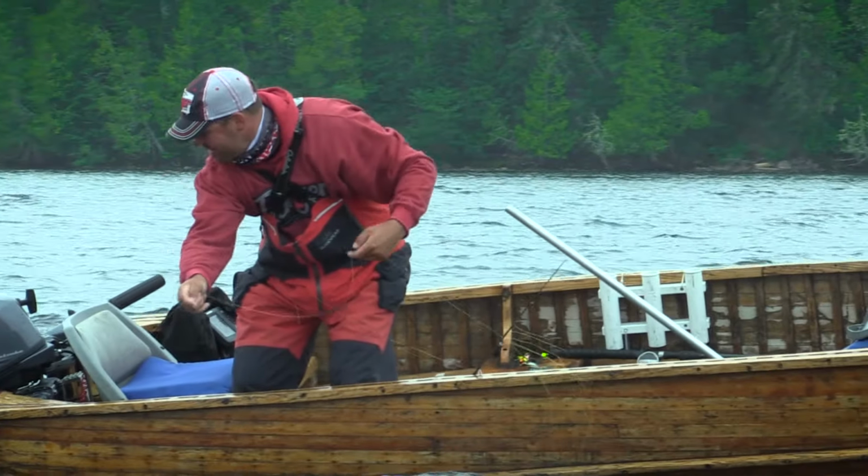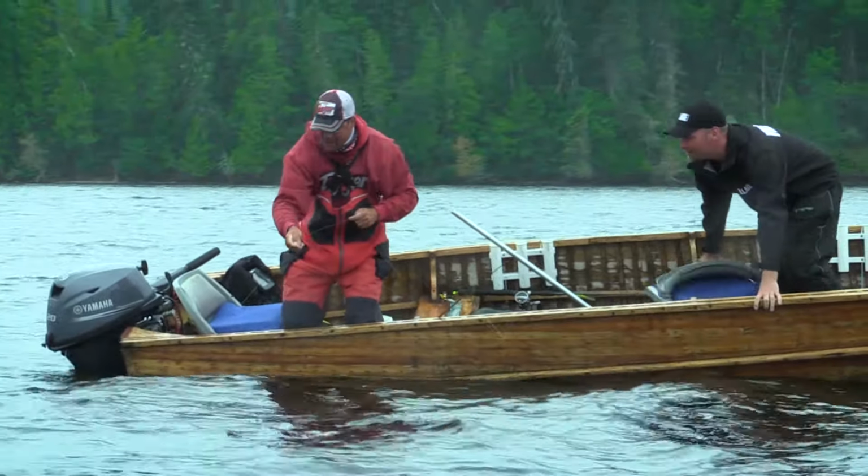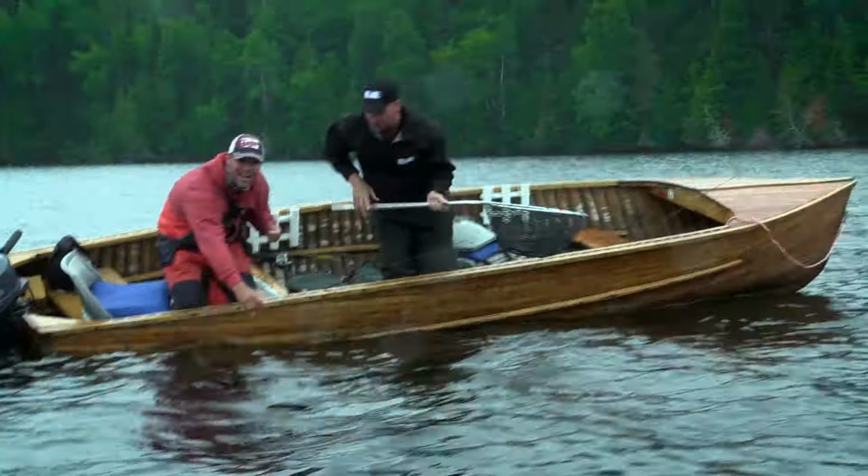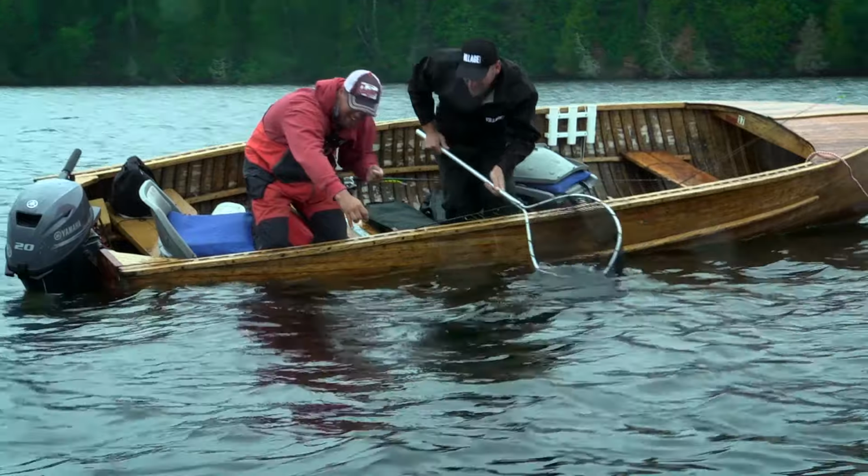So I said to Rob, I bet you I can catch one. It's so good here, it really is. It is unbelievable. I said, I bet you I can catch one with my bare hands jigging a jigging wrap. So I put it in my hand and I backed up the motor and I went right back on the drop and I started jigging that jigging wrap with my bare hand. And I'm coming up the shelf from about 23 feet of water, come up to about 18, and all of a sudden,